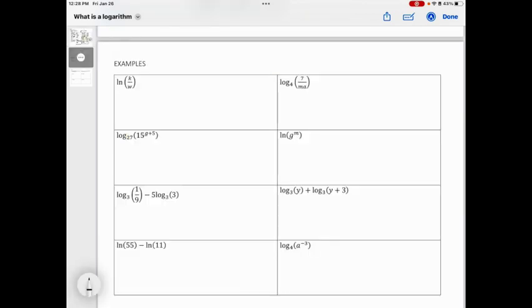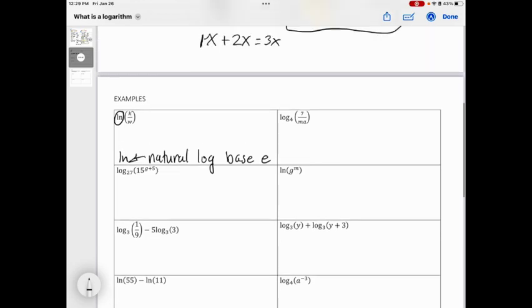All right, so now let's use the properties to expand and condense. We're going to practice using our properties here. When you see ln for a logarithm, that means it's the natural log. And that has a base of e. This e represents a number just like pi. It's an irrational number. Now, if I take the natural log of k divided by w, if we look back up here to our rules,